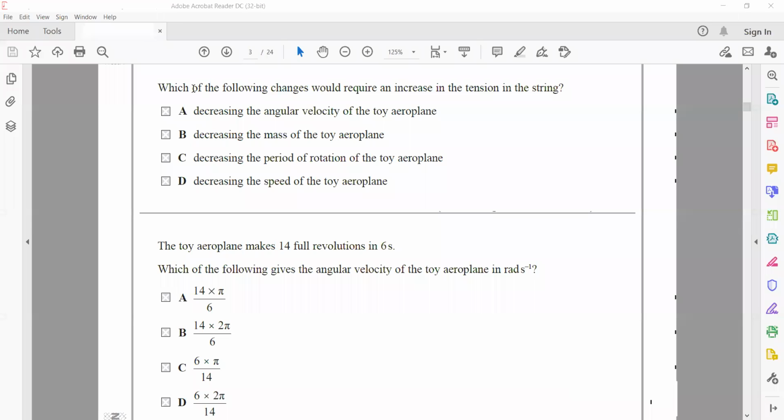So in this question, which of the following changes would require an increase in tension in the spring? So if an object is moving in a circular path, like an airplane which is moving in a circular path, and it is attached